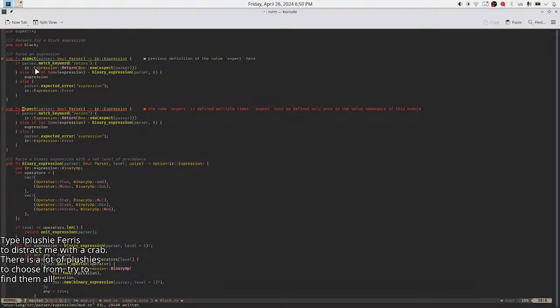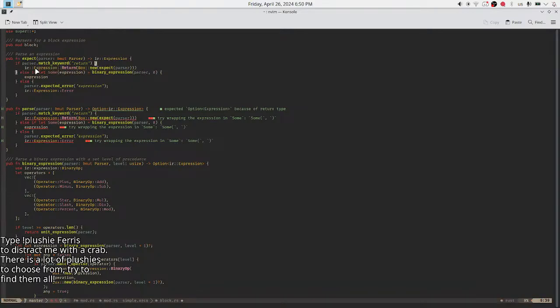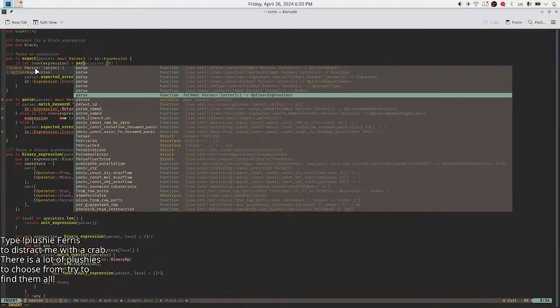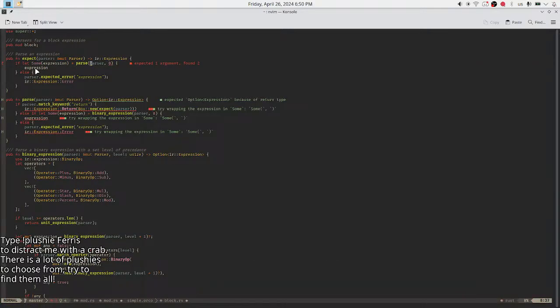Say this is parse. This returns an option. And this one, if there is an expression which I'm gonna parse here, then I return it.